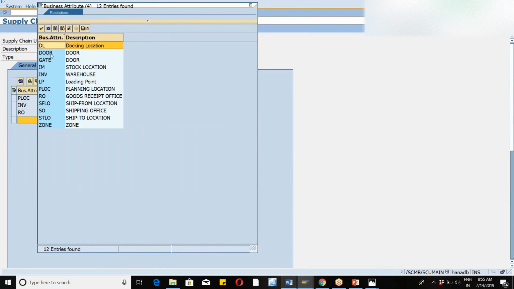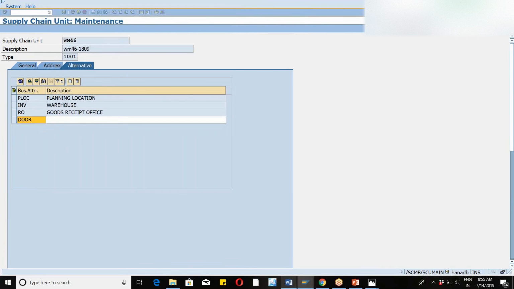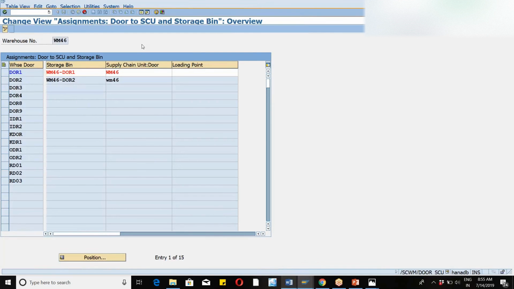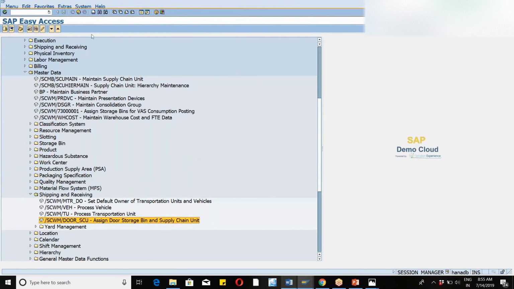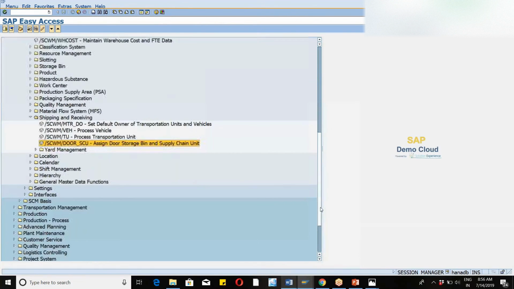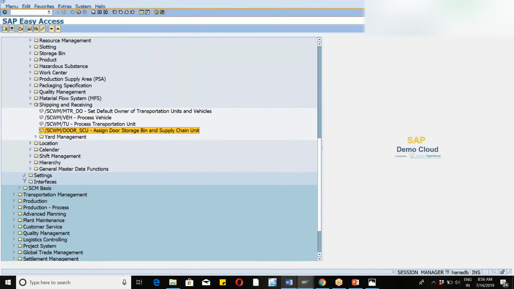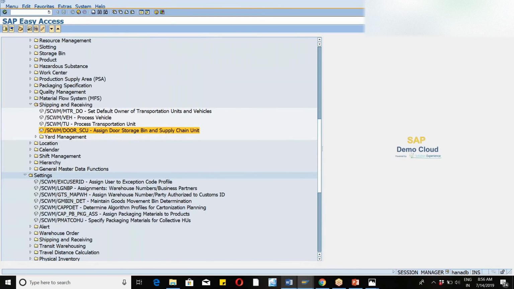And what is my staging area group? 9010, not the group, the staging area. And this one is GR zone, and this one would be my door one. First thing. Now it's clear, Mohan. So we are telling the system that if the system is having door one,